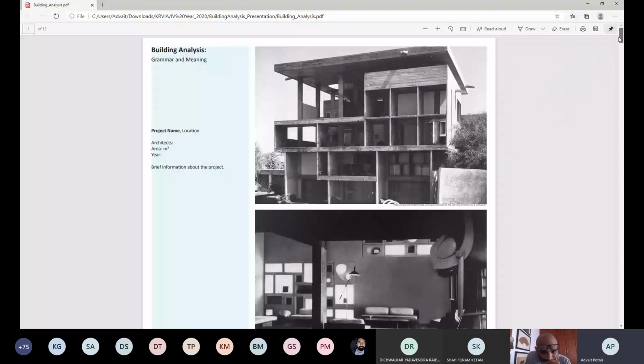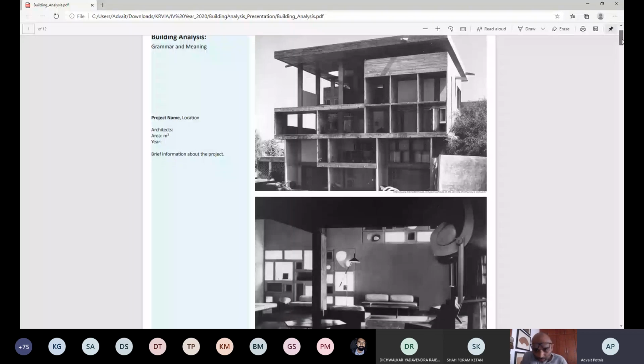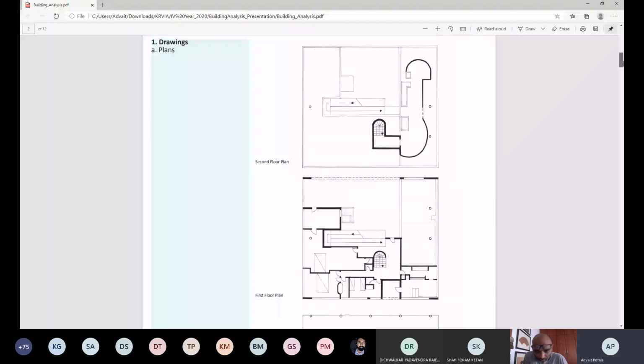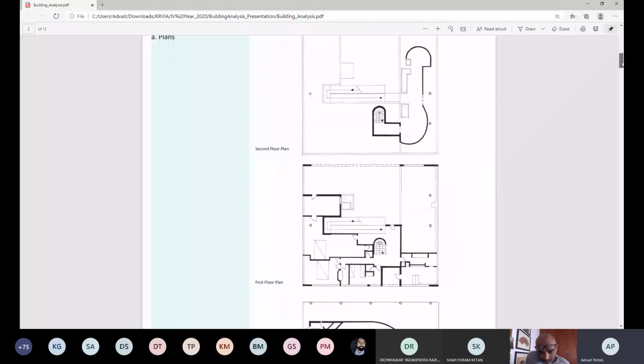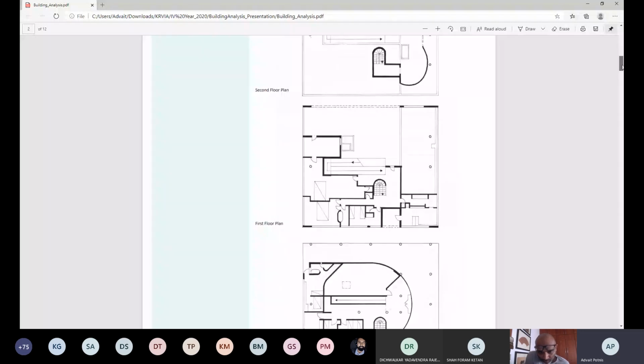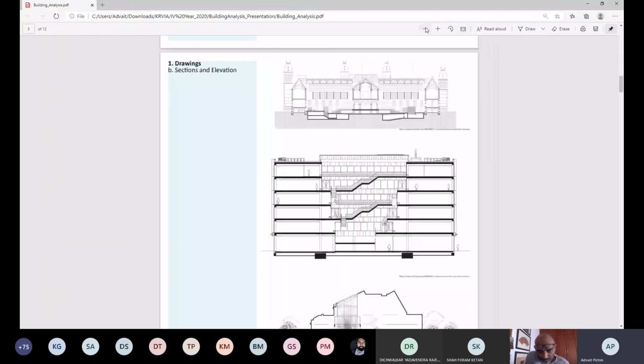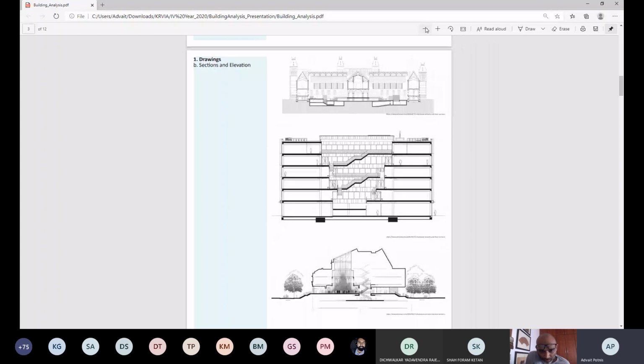So it's the same start point. The only thing is this is applicable for the rest of the projects other than housing. So institutional, cultural, trade and commerce, and civic administration. It starts again with an overview of the project with images and text, followed by drawings in which you have the plans. Now here we don't have the modules. What we have is, directly, we jump into section and elevation.